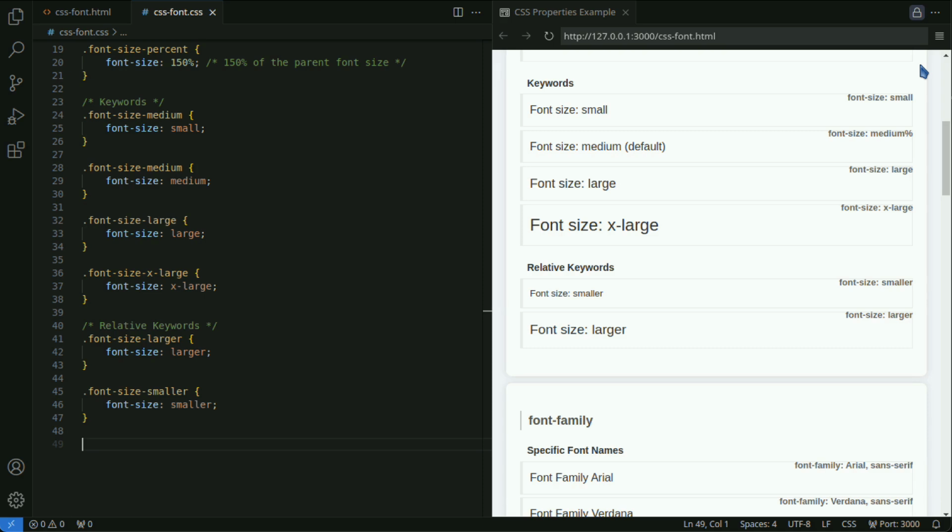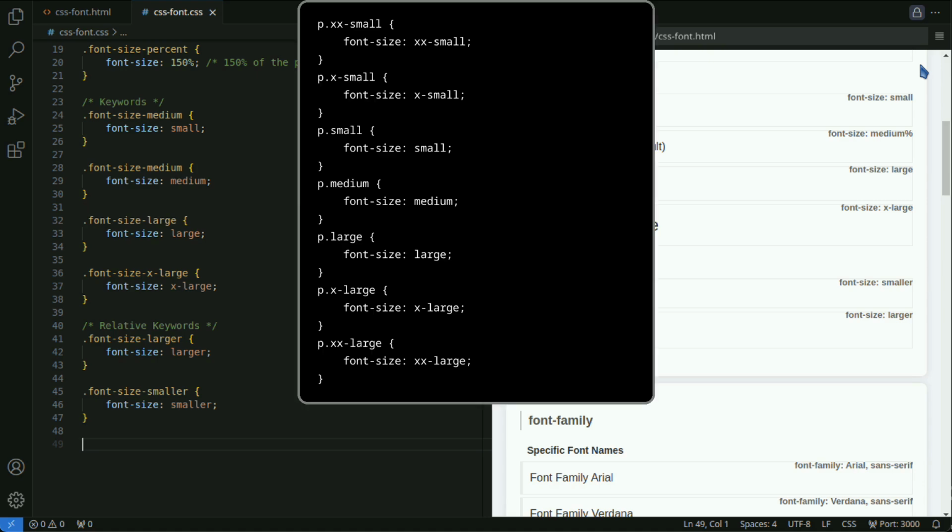You can also use keywords to easily specify user-friendly sizes. XX small, extra small, small, medium, large, extra large, XX large. These keywords define basic font sizes that vary by browser but are easy to use.